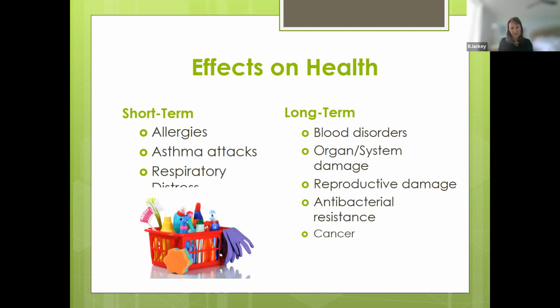And then also the endocrine system. The endocrine system actually regulates our body's hormones by releasing them into our bloodstream to keep us balanced. So when the system is disrupted, if it's getting bombarded with some of these VOCs, then our health can be negatively impacted because those hormones are not doing what they're supposed to do. And then also there's been some evidence of reproductive system damage,